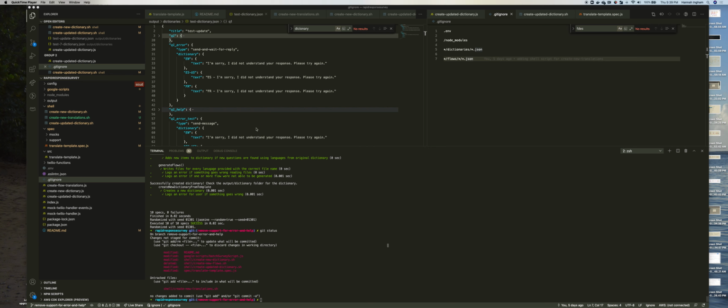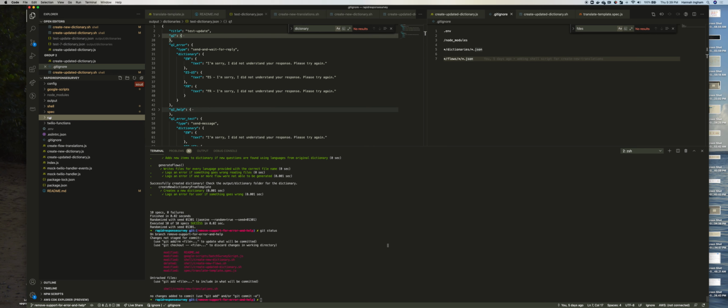Okay, we are going to go through some of the changes in the Translate Flow service. I'm going to walk through some of the new flow in order to use the different actions. So create a dictionary, update a dictionary, and create the flow. So I'm just going to start over here,